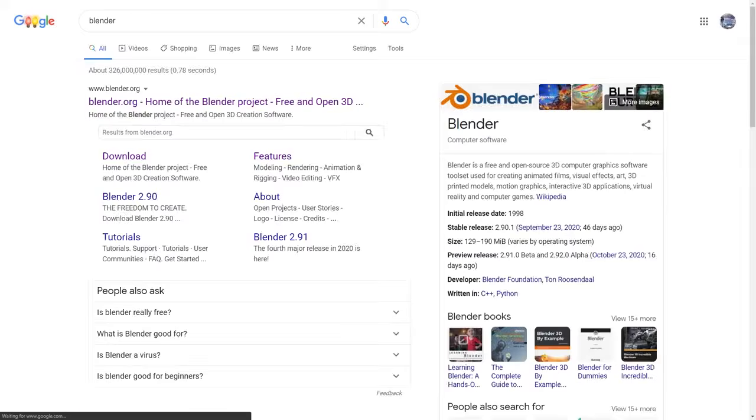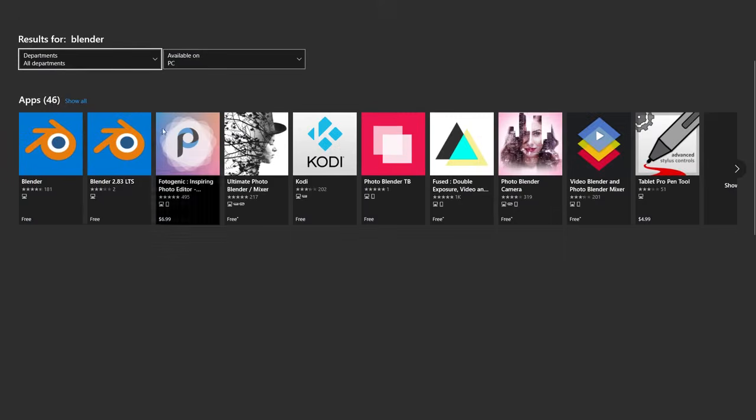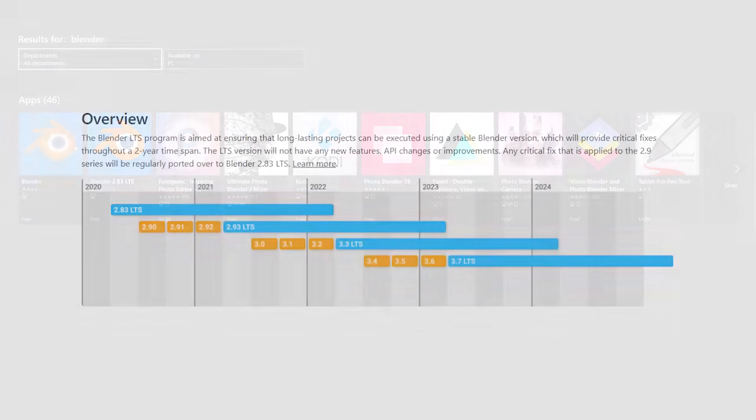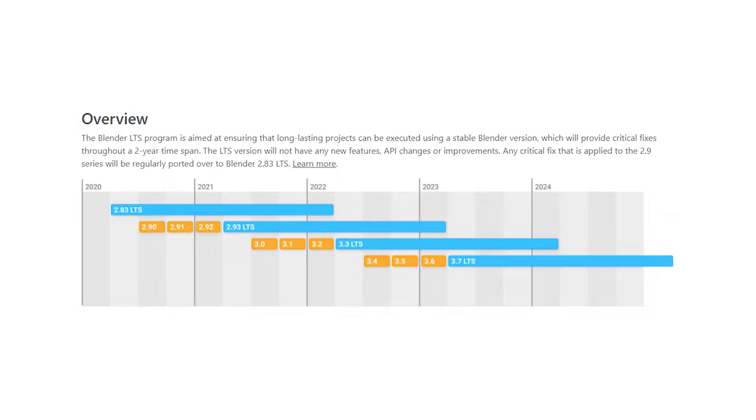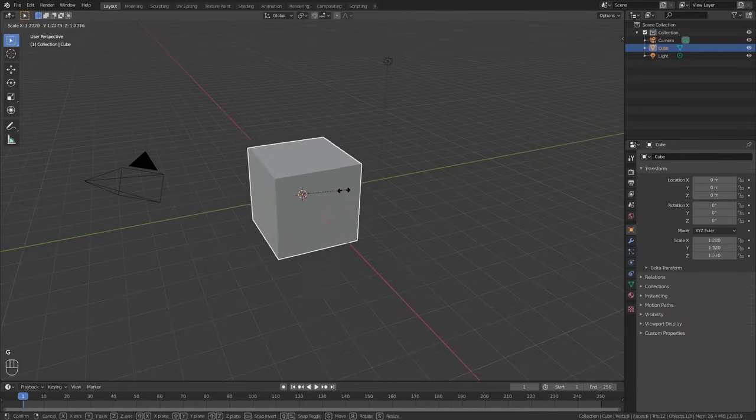First, download Blender. You can download it via their website, Steam, or provided you have a computer running Windows, the Microsoft Store. For this tutorial, I'll be using Blender version 2.83 LTS, but most things should be similar in future builds, such as 2.9. By default, in Blender versions 2.8 and above, left-click selects, G drags, S scales, R rotates